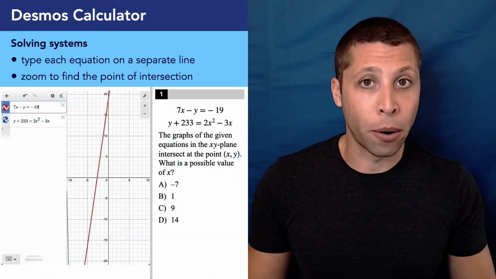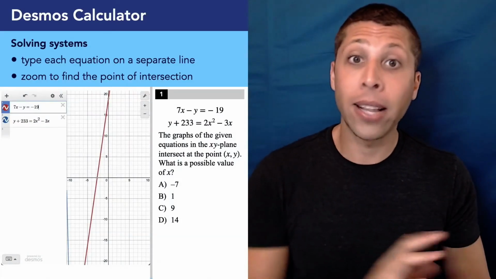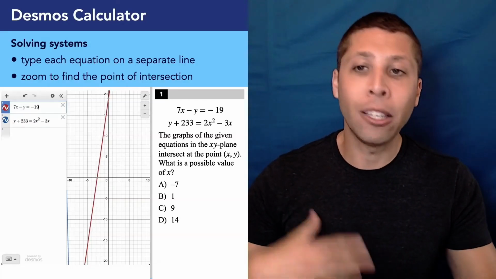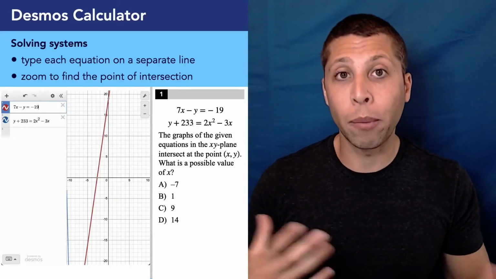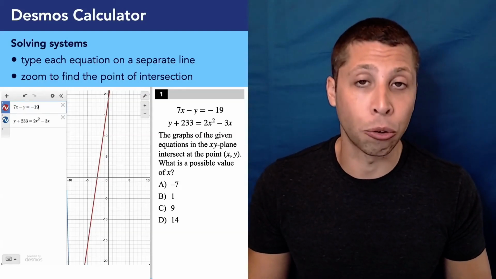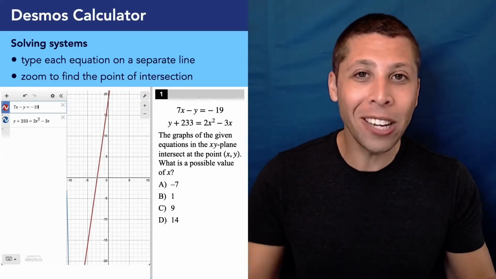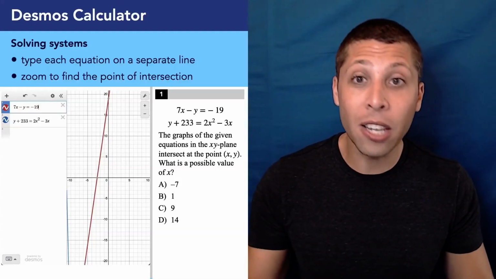This is pretty straightforward. System of equations, you got 2 equations here, and in math class in school, you would be asked to solve this system probably algebraically by either doing some sort of substitution or elimination, something where we would eventually end up with an x equals or a y equals. But I wouldn't bother with any of that here. Don't waste your time. The calculator at its best is just going to let you see where the point of